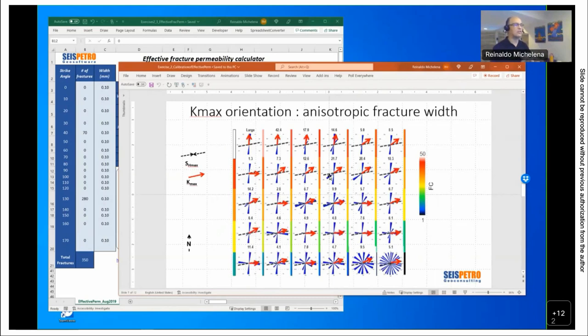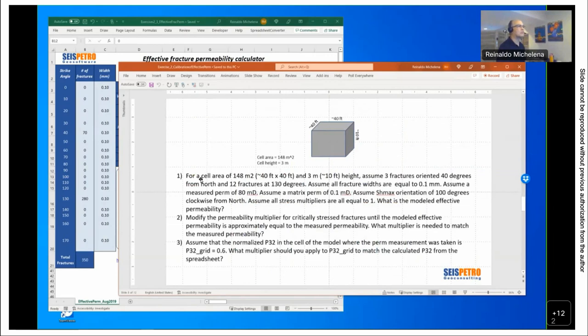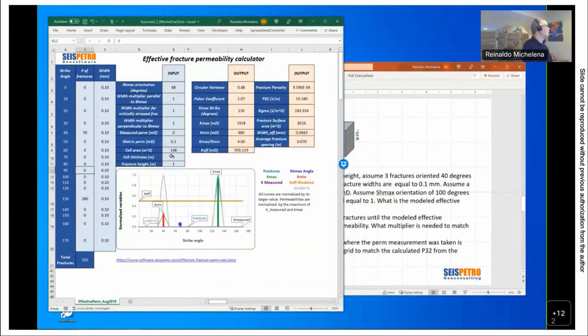also this other figure that we showed yesterday, that explains and takes into account the effects of stress on the permeability. So we will be able to put different fracture orientations, put the stress, and then see what happens when some orientations are more open than others. Okay, so we're going to use this to solve this